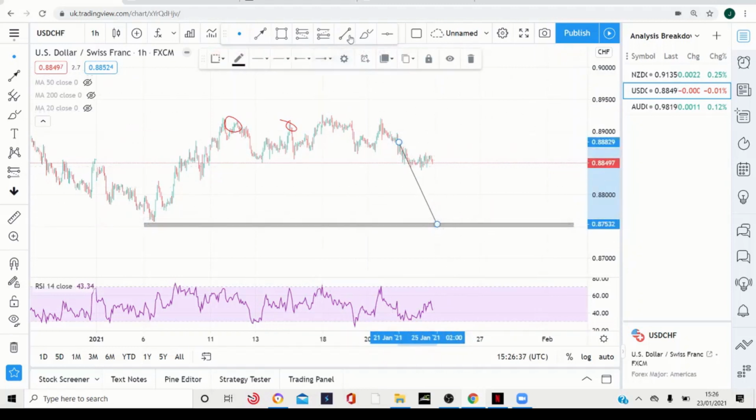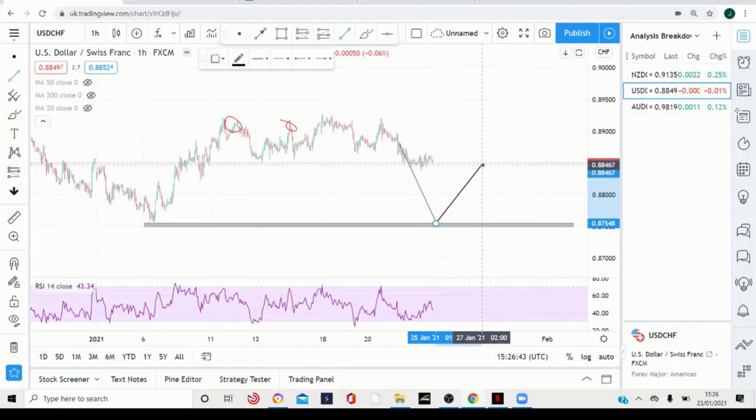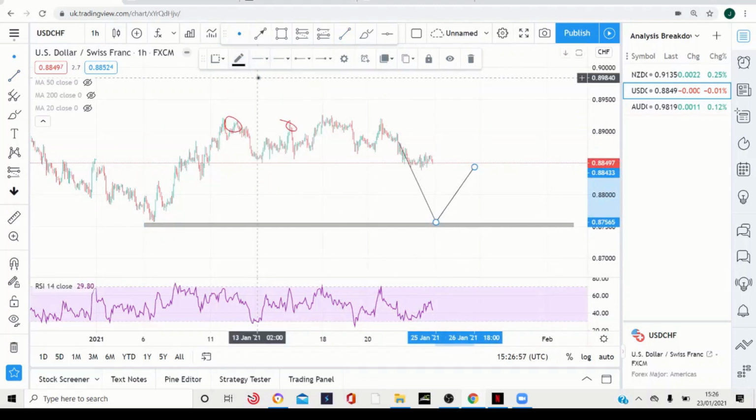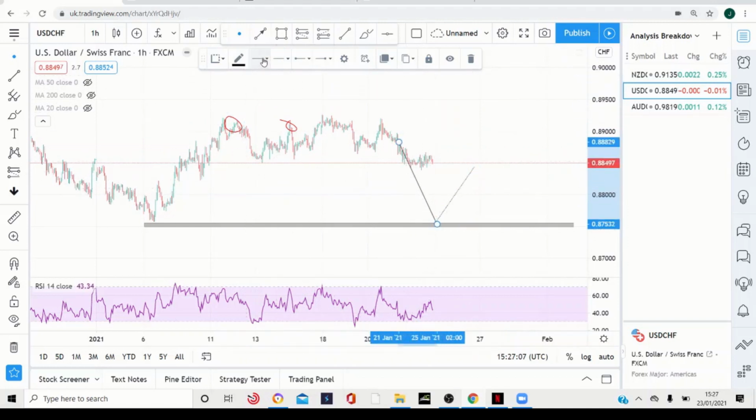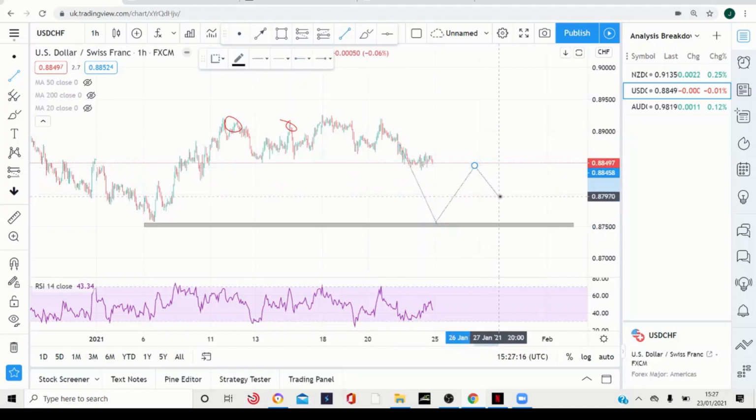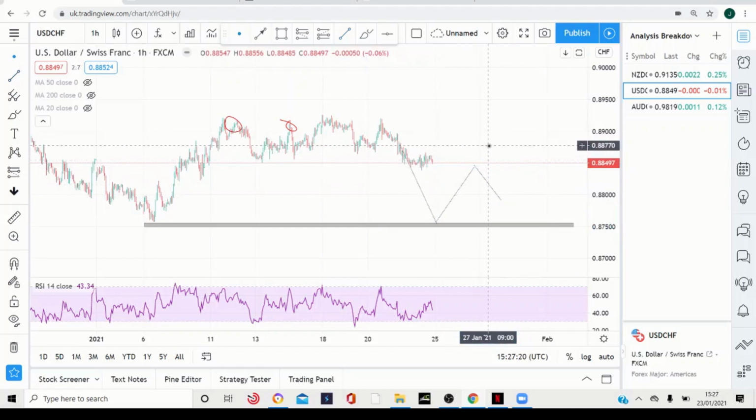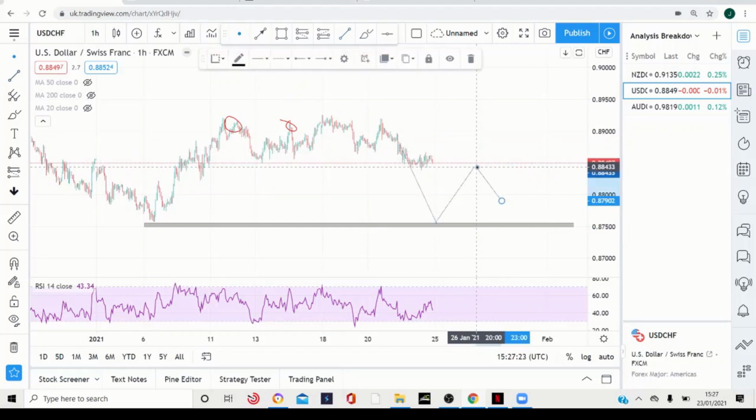We can see here a bounce off that level of support, a pullback, a pullback into that key level, create a double bottom there, and then the market can start heading for the upside,